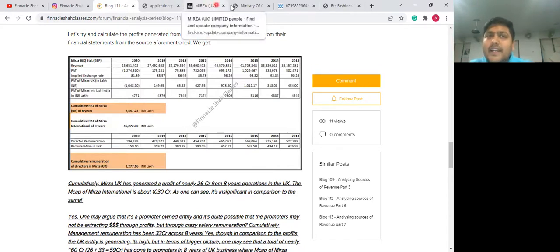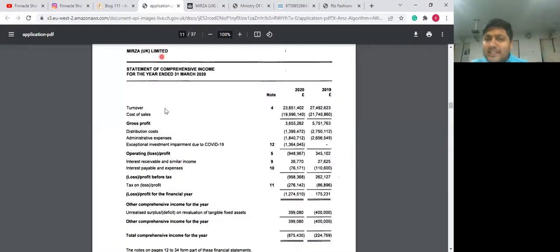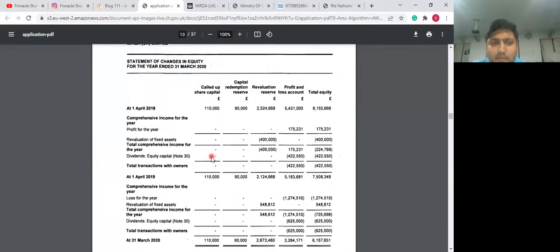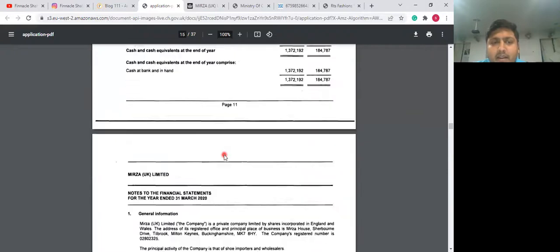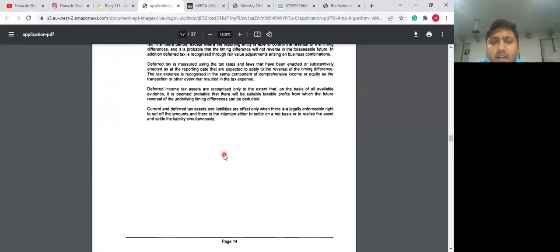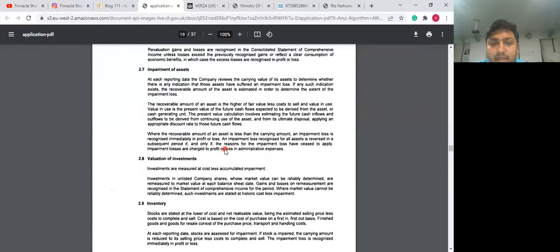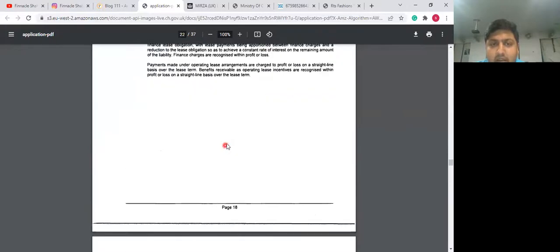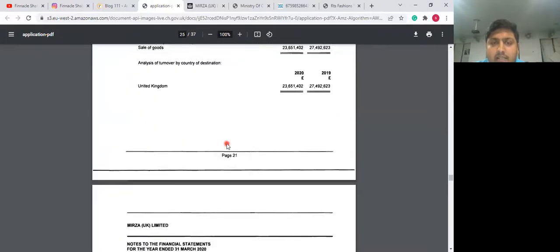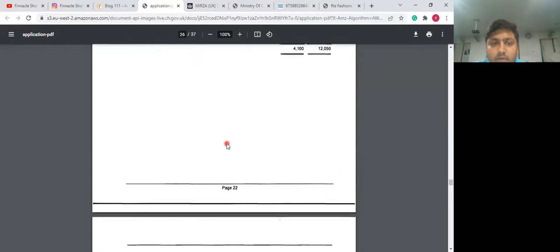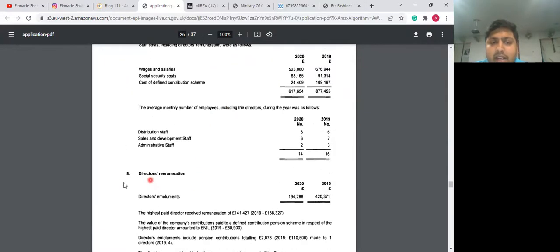And how do you get that data? Once again, we have financial statements at our disposal. All you need to do is take a look at the footnote of directors' salaries. If you scroll down, you will get footnotes around employee expenses, where director remuneration would be present. Let me show you on screen so that you are able to make sense of those figures. So auditor's remuneration is there and director remuneration is there.